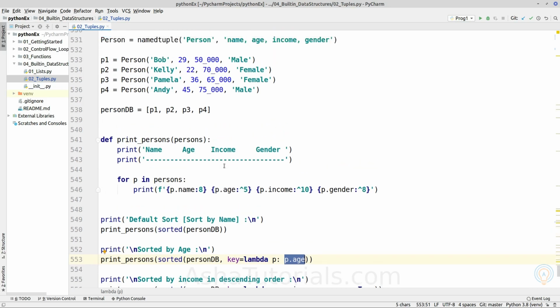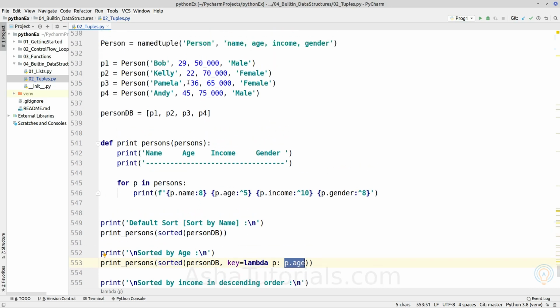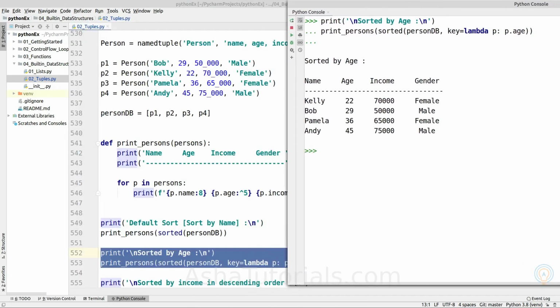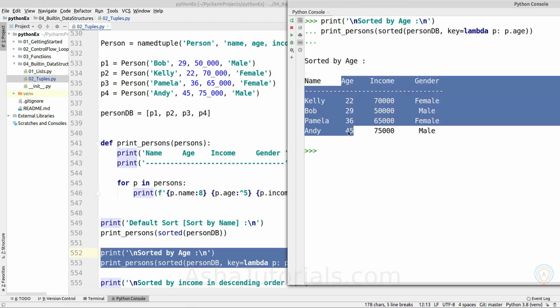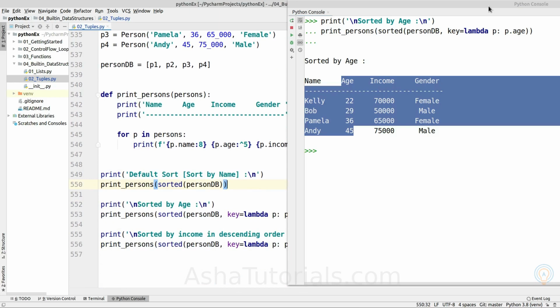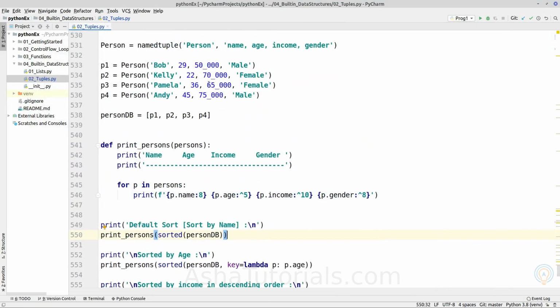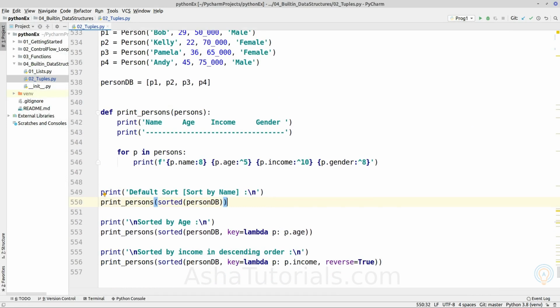So this sorted function will sort on only the age value. If we execute it, as we can see here, all the data is sorted only according to the value of age, because this key function converts a named tuple element into only this age.